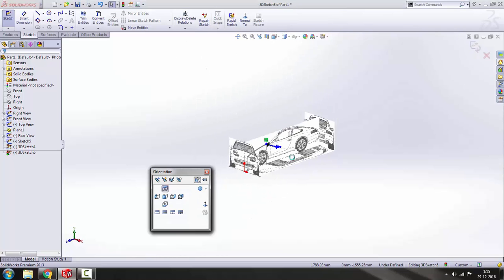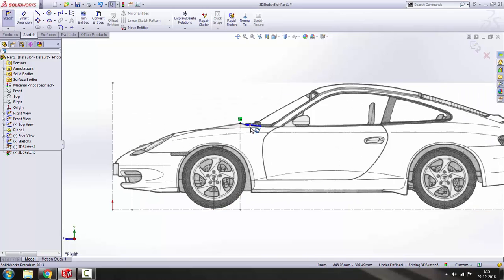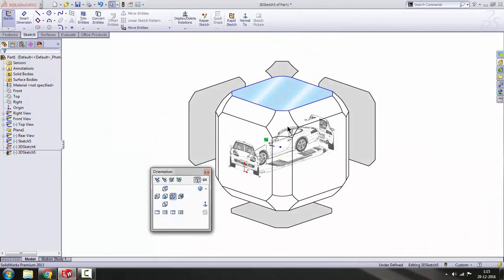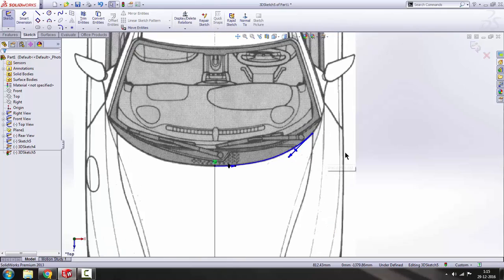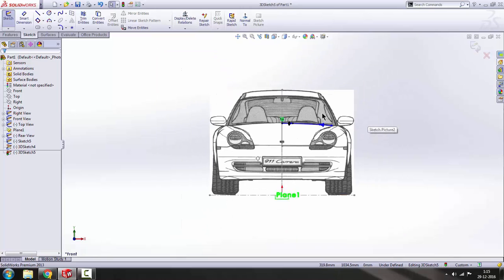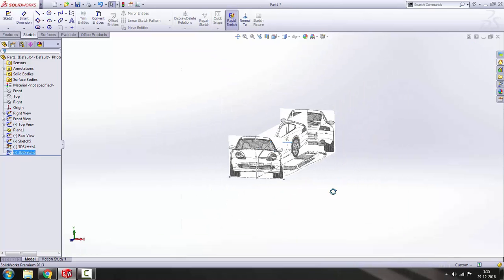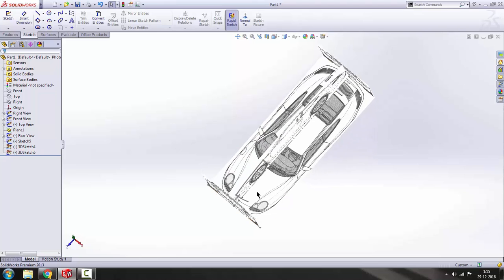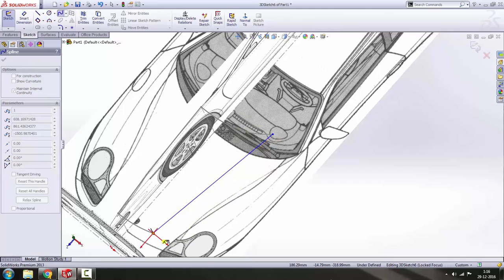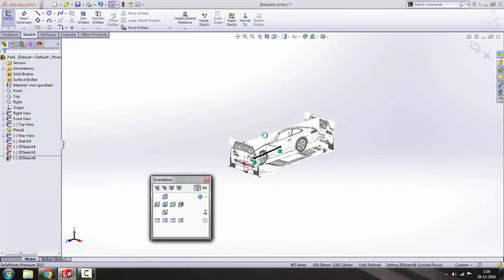We have to take a look at the sketch from every view so that we can see that our sketch is in proper direction and proper height, which is good. Front view. It's also good. Get out of the sketch, and now we will go to 3D sketch again, and from this spline to this spline we'll connect it, and we will go to the top view,